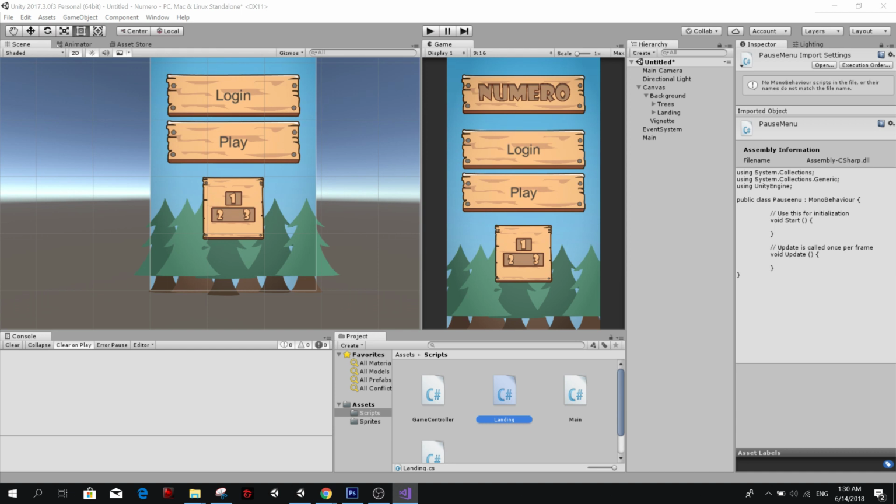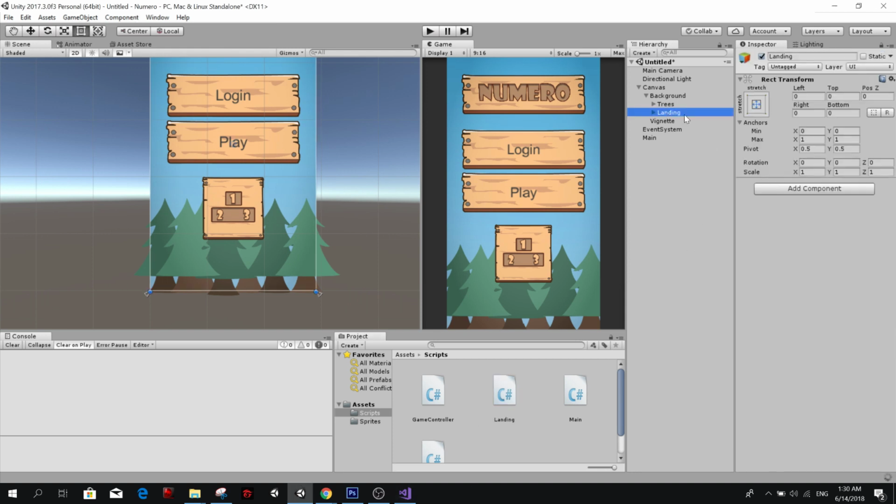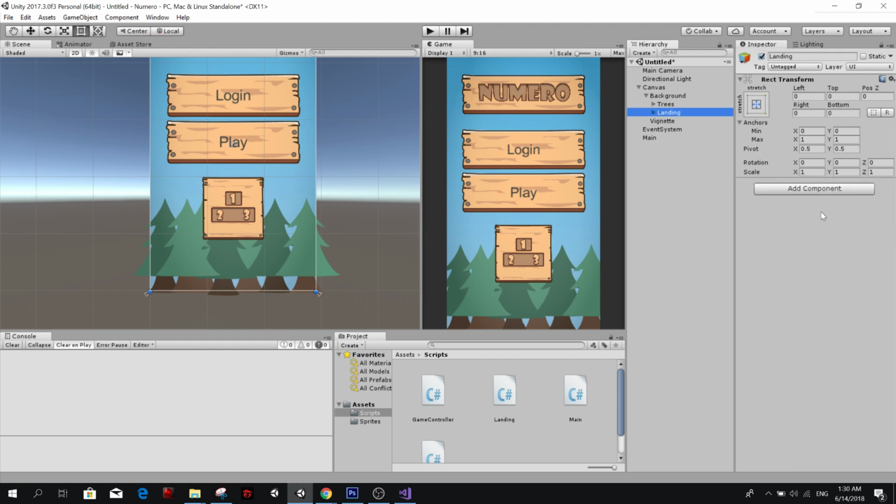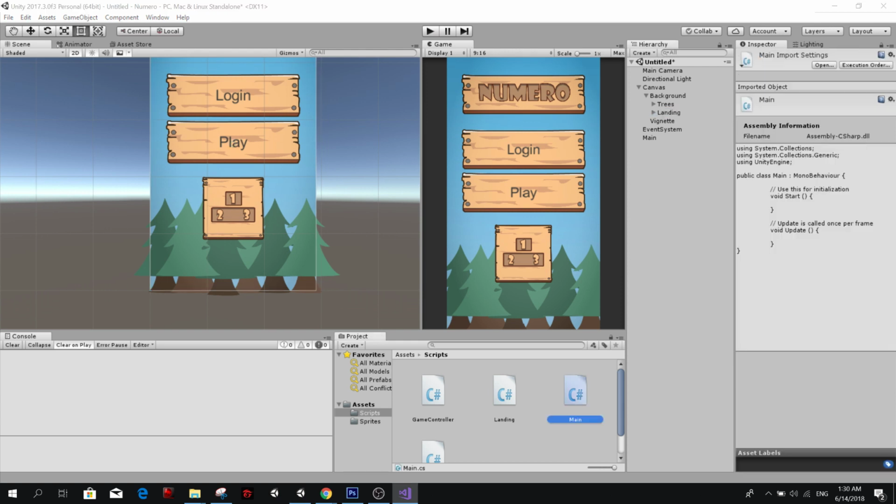So I'm gonna do something barbaric, and I'm going to remove MonoBehaviour. Of course, you could have your landing here in this game object, but I just show you. But I said I want to do something a little bit different this time. So, yeah. I want to see how it goes, and I think as well you could learn something from this approach. So, landing is not going to add a MonoBehaviour component here. Just going to make it like this. And main, however, main is going to be our MonoBehaviour.